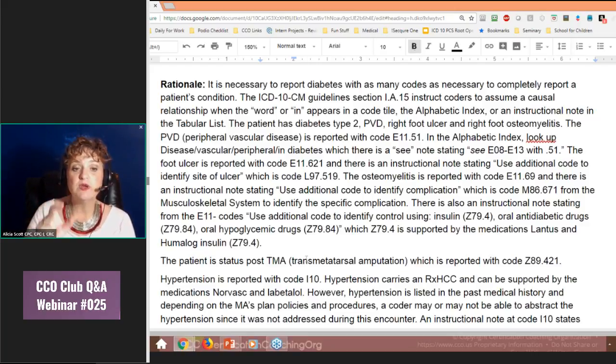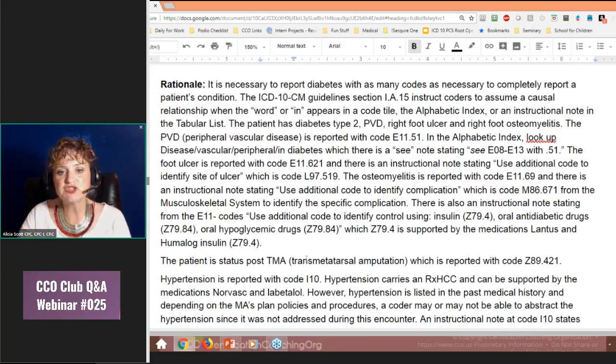So you will code diabetic PVD. Okay, that goes with anything else that's in that drop down in your index. So we have the PVD reported, and she explains how to do that. That we're going to use the .51, the foot ulcer, how it's found, and it says use additional code to identify the site of ulcer. So that gave you the reason to code